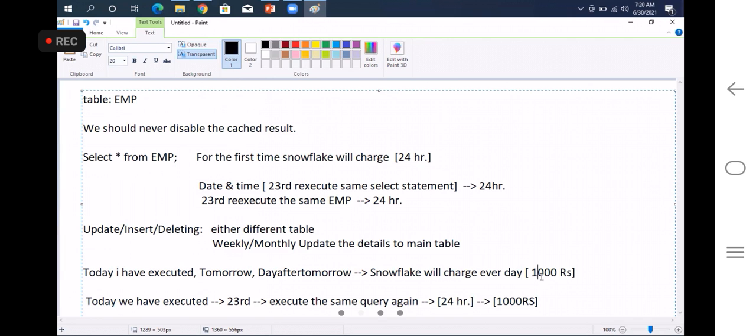But here, 3 times we executed, right? So today, tomorrow, and day after tomorrow, Snowflake will charge 1,000 every day, which means 1,000 into 3 days, 3,000 rupees will charge. If you maintain the tracking, at the 23rd hour, if you re-execute the same select query again, then the cache result will stay there for 24 hours. So it will extend the